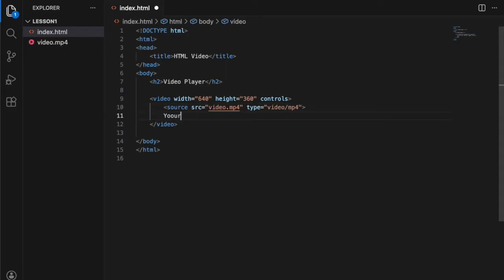The message "Your browser does not support the video type" appears when the video element cannot play the specified video file. This can happen if the browser does not recognize the video format, the type attribute is incorrect, or the video file cannot be found. To handle this, you can include a fallback message inside the video tag so users know the video is unavailable